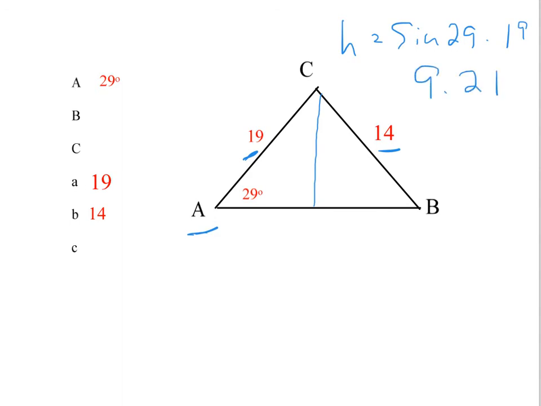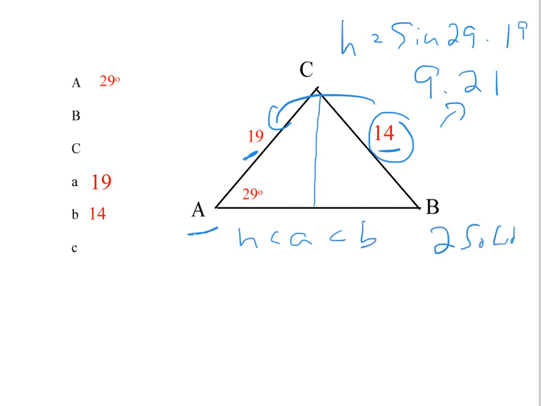We have 9.21. Notice now that my a side is in between my height and my b. In other words, h is less than a is less than b. So I have two solutions. So we're going to set up using our law of sines, we're going to set up our first